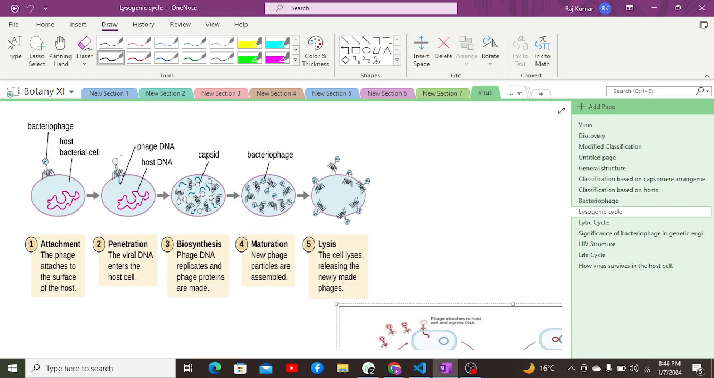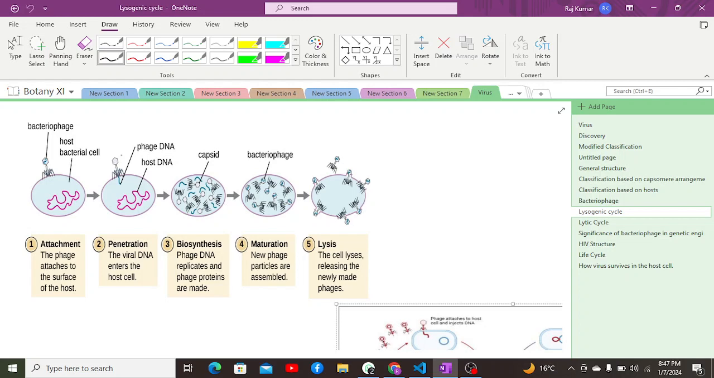Using its tail pins, it releases the lysozyme enzyme, which causes lysis of the bacterial cell wall components and makes minute holes. As a result, the phage contracts its contractile tail sheath. As it contracts its contractile outer tail sheath, it causes the inner hollow tube to inject within the host cell's